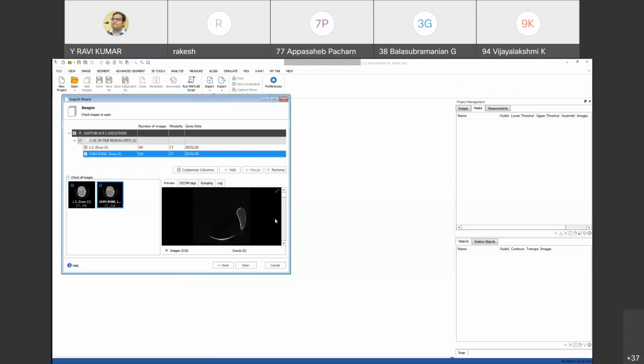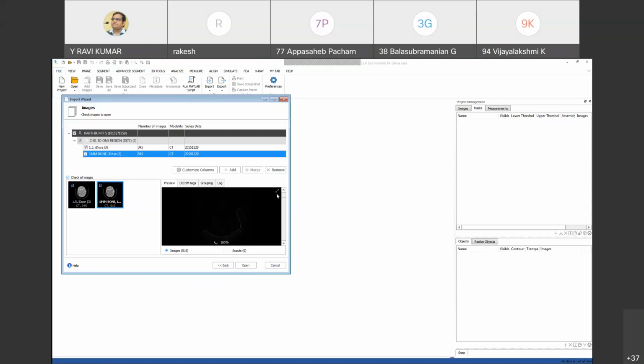Now you see, these are the DICOM images. You see how many DICOM images are there? 519. These are CT images, like a CT scan has happened.